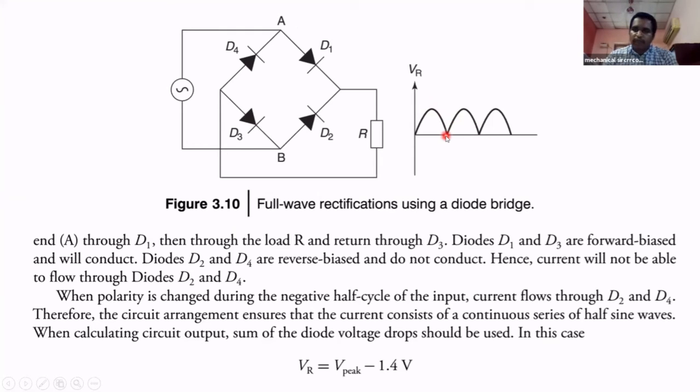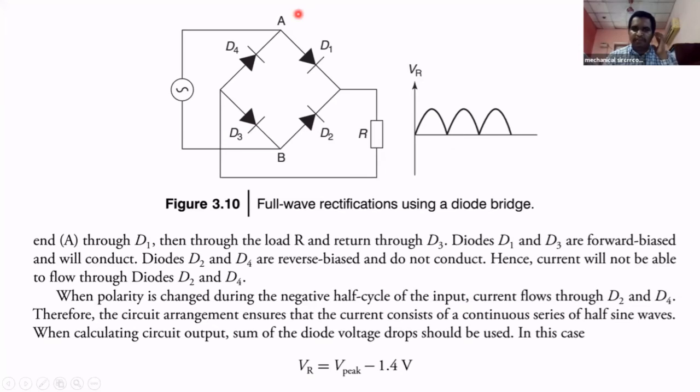This is the positive wave. Actually, we have a negative cycle in AC current, but that negative cycle is converted into positive, meaning we are getting direct current here. So there is no gap between these waves. That's why it is called a full wave rectifier. How do we convert the AC current into full wave DC current? By using a full wave rectifier.